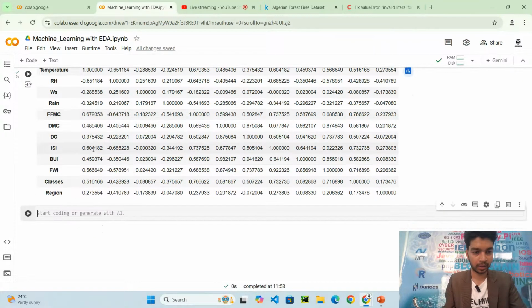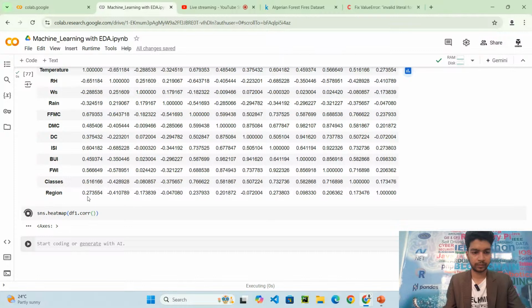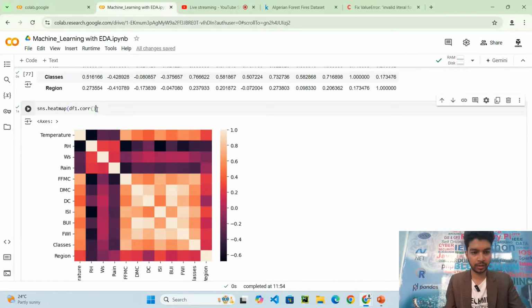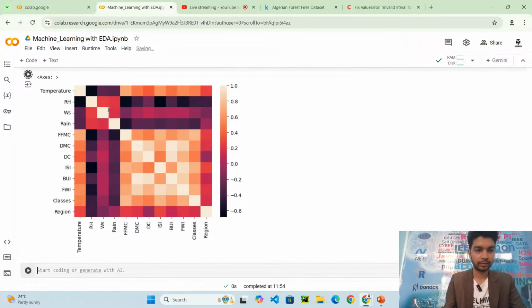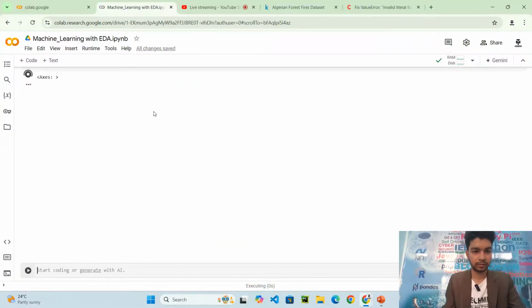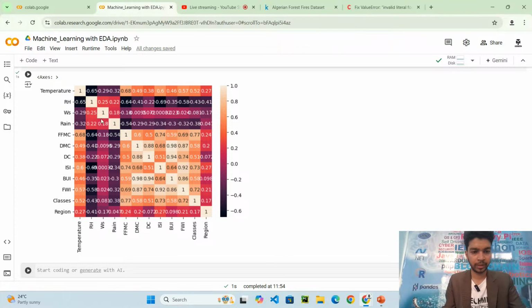If I have to plot this, I can use sns, which I've already imported, sns dot heatmap, and I can pass df1 dot corr. This will give me a heat map of it. There is a parameter called annot equal to True, which will give me the values of it.